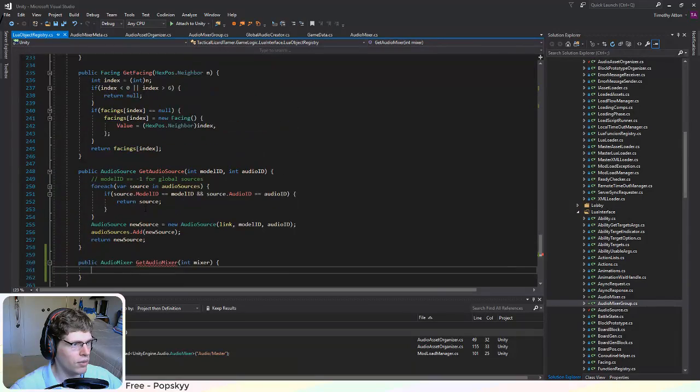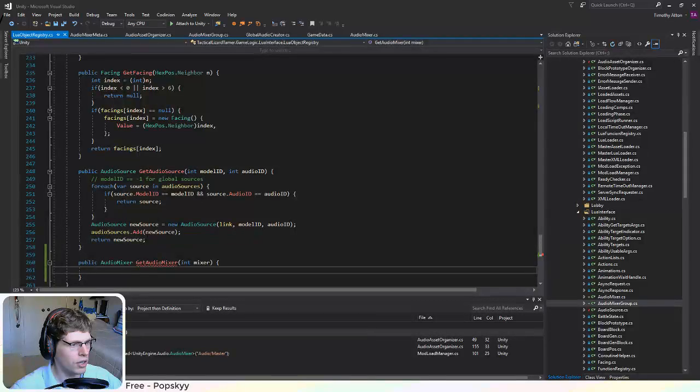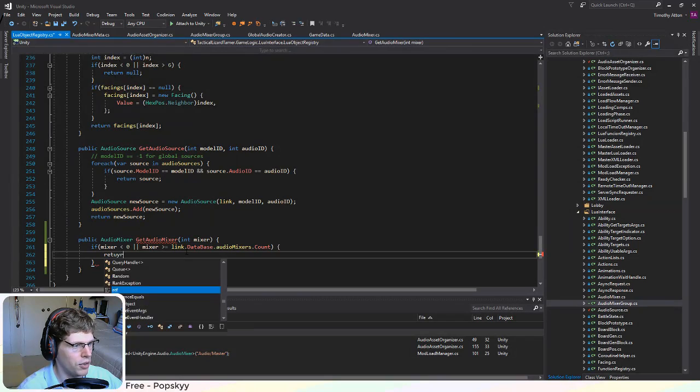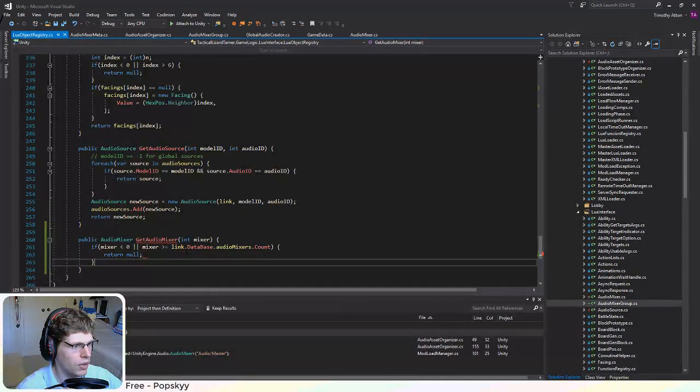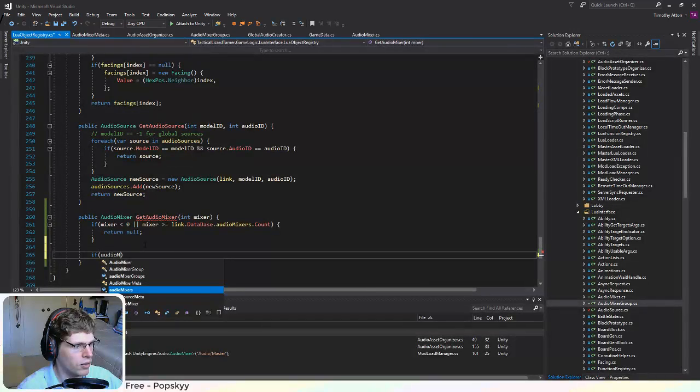All right, so down here, I guess first we want to check that this index is good. So if mixer is less than 0 or mixer is greater than or equal to the maximum in the game data, so that'd be link, database, audio mixers, count, then we'll return null. And yeah, something will have to throw an error whenever that happens. Otherwise, we'd check if audio mixers,